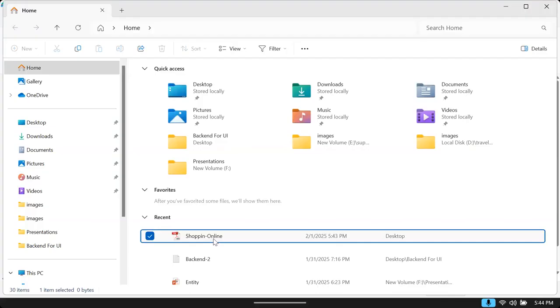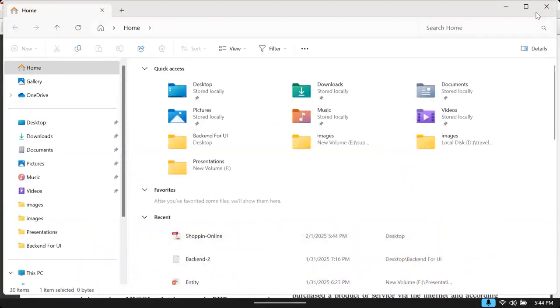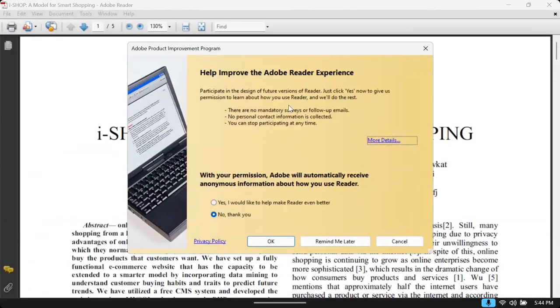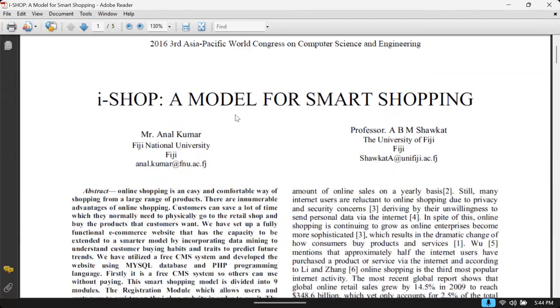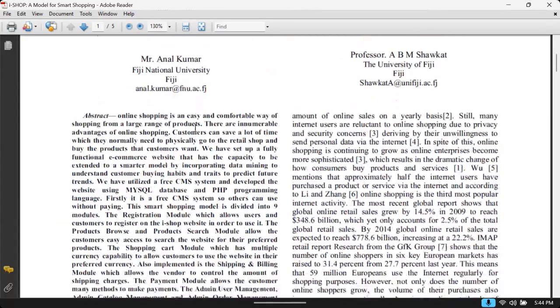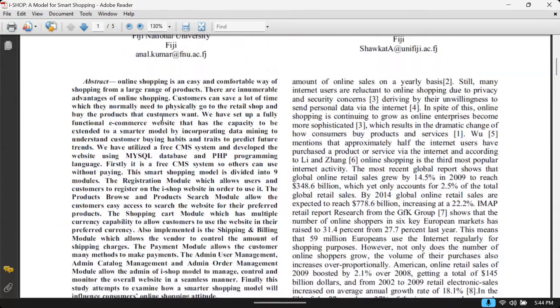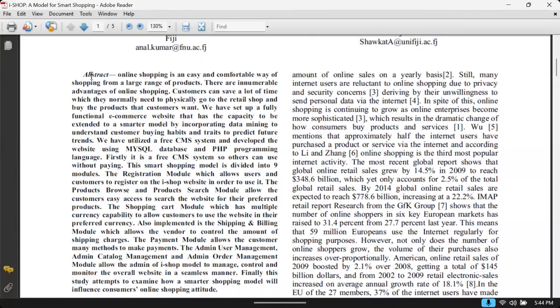You see, when I open this document, this is the document, and you can see this document contains an abstract. Abstract means they have given a complete overview about this project.